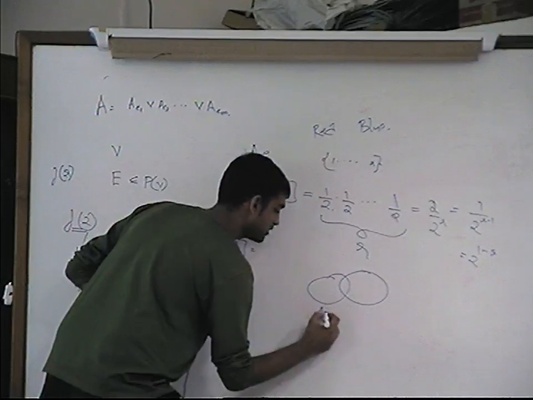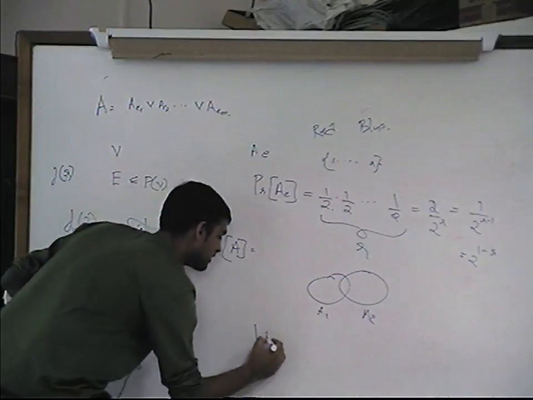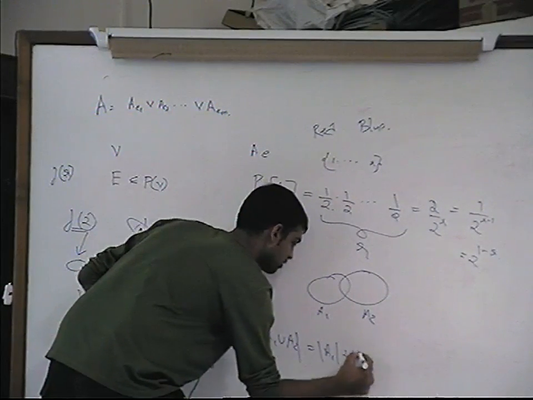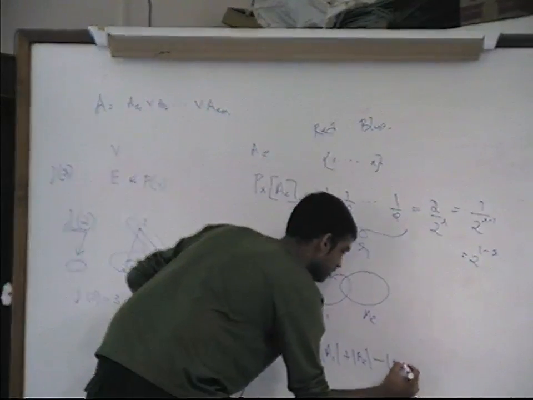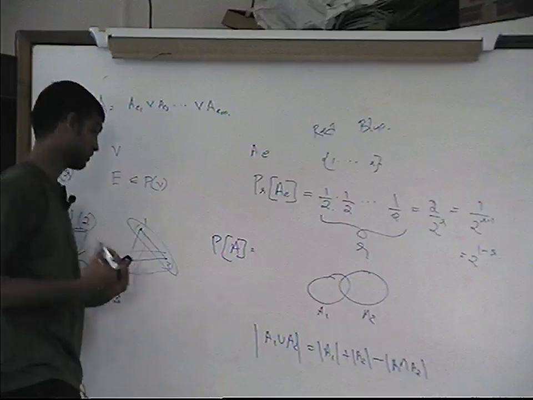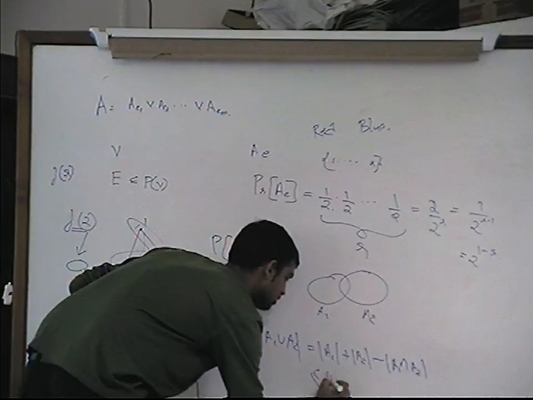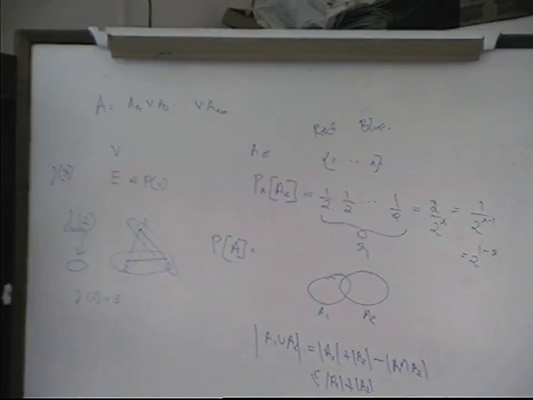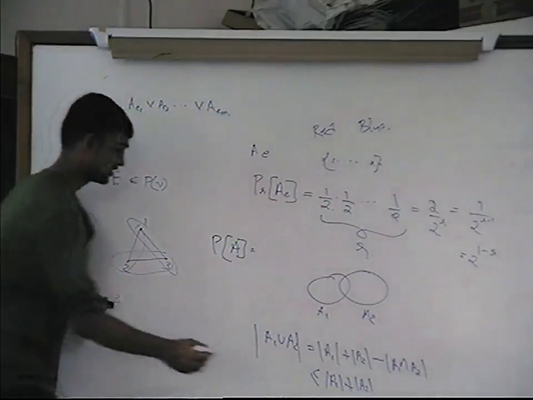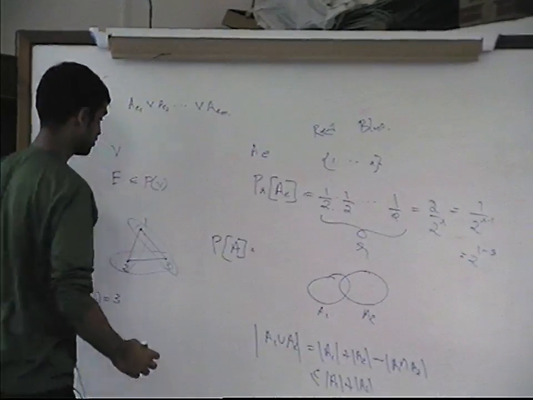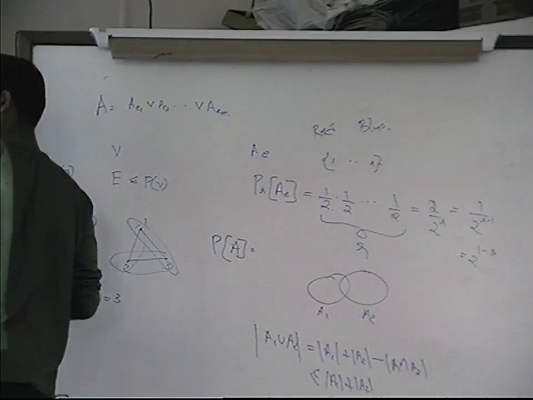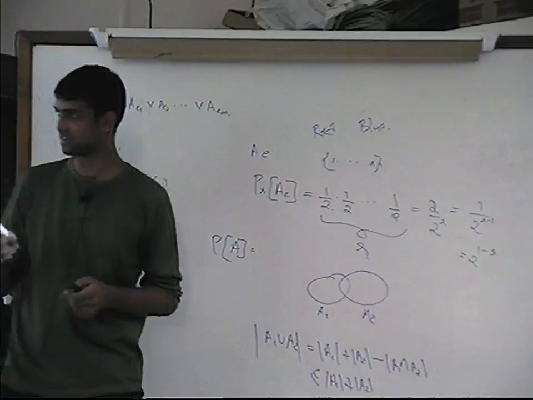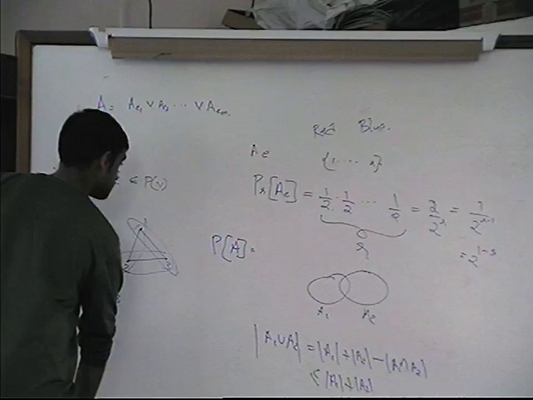Let us take just 2 elements, A1, A2. What is the cardinality of A1 union A2? It is A1 plus A2 minus A1 intersection A2. Right. Is this clear? So this is just a generalization of that. If you look at the inclusion exclusion formula, you can get it easily. So basically what we look at here is